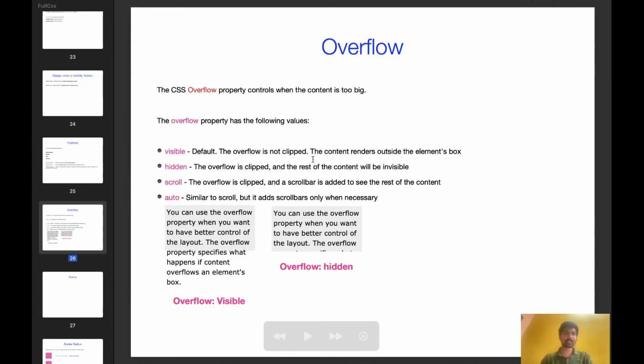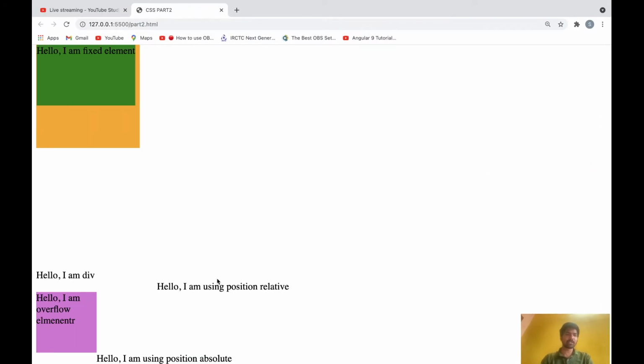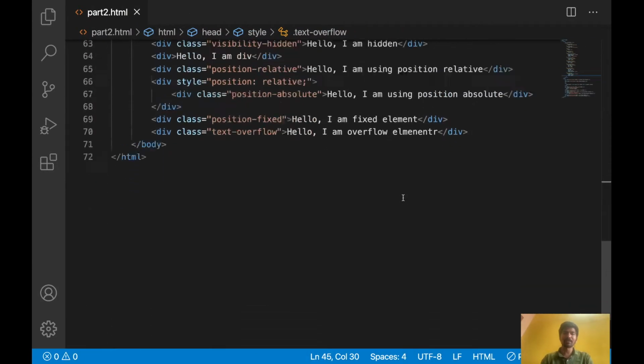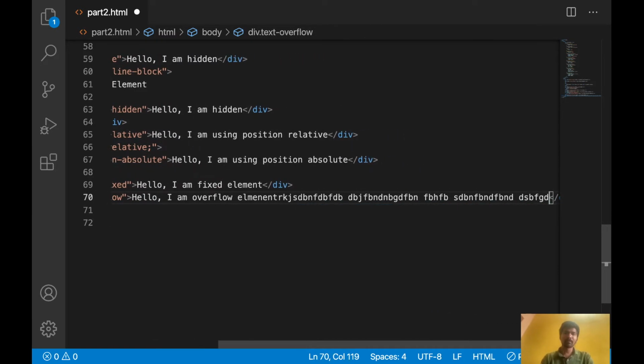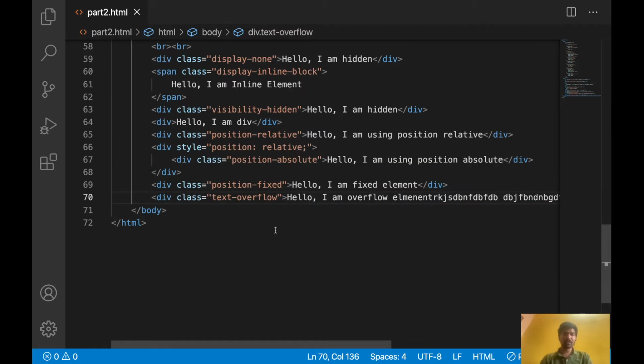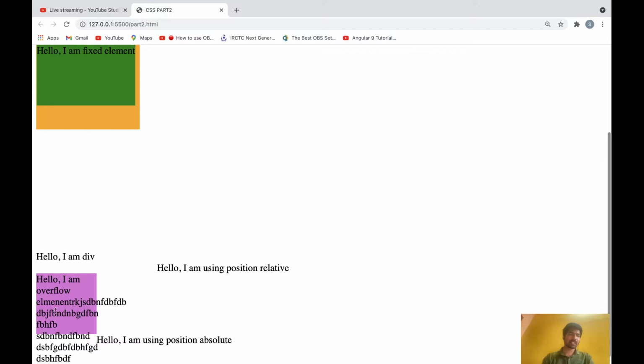Now let's open the browser and check. See, here it is coming. Let's add more content, then only we can test this. So now I added more content. See, it has exceeded the height and width, it is coming like this. So if we don't want it to exceed, if we want some scroll here, you can give overflow auto or overflow scroll. If you want to hide it, overflow hidden directly.